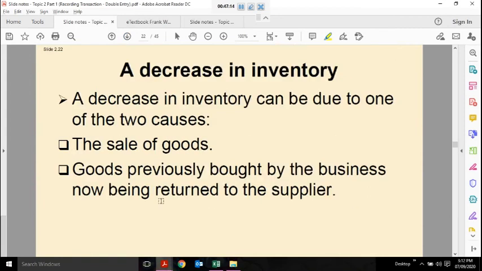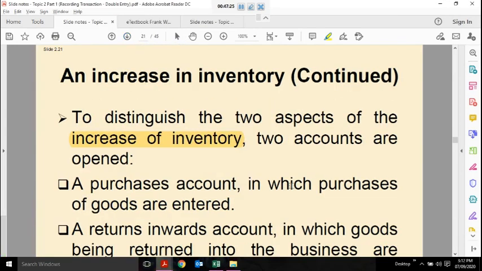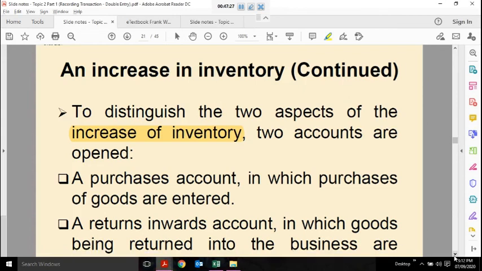So now, increase in inventory because of these two reasons. We refer back to this one. Because these are different things, different reasons, that's why we have to record in two accounts. So whenever you buy, you purchase goods,